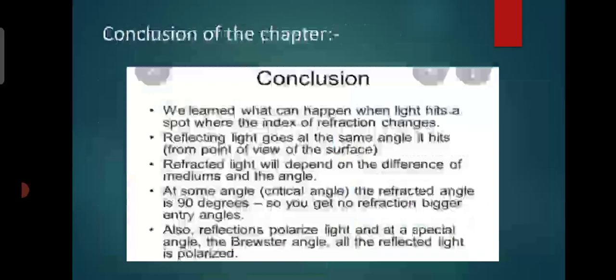So what have we learned from this chapter: the refraction. What is refraction of light? Examples of the refraction of light: why the sun appears red at sunset and sunrise, what are the laws of refraction, the center of curvature, the spherical mirror and its types, and what are the uses of the spherical mirror. Everything has been discussed in this chapter. For further details, you can consult your book.